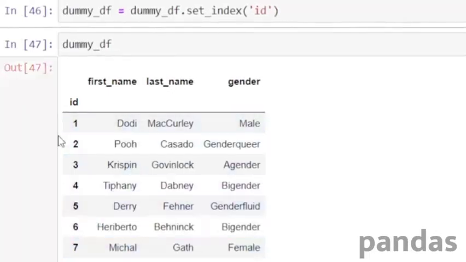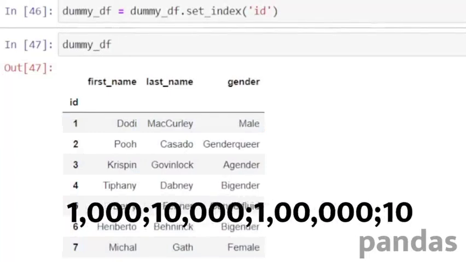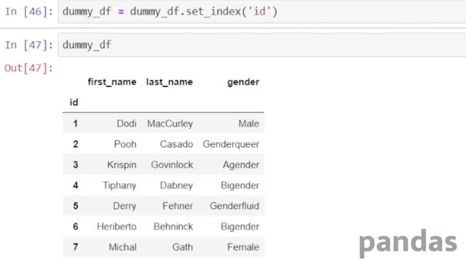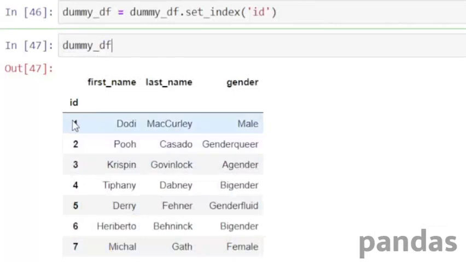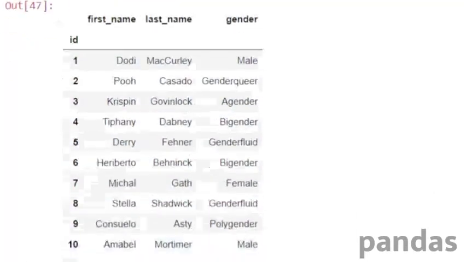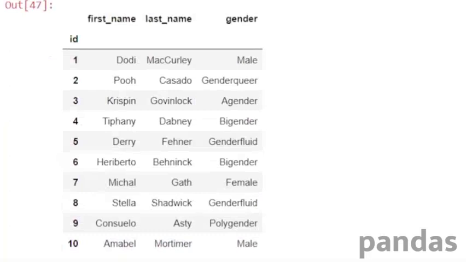Again, here we have only 10 data sets. So if at all you have thousands, data can vary from thousands, 10,000, lakhs, 10 lakhs also when it comes to real time applications. So when you're just printing this, it won't print everything. What happens is it will print 4 or 5, there will be a lot of dots, and then 4 or 5. Okay, so in this scenario, what you can do is you can print a particular